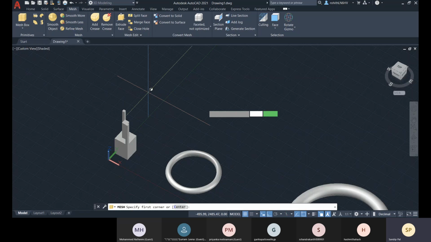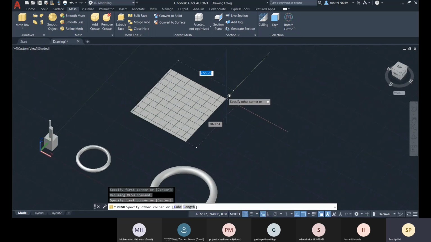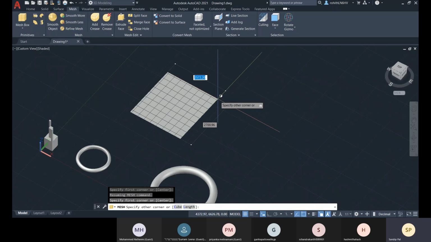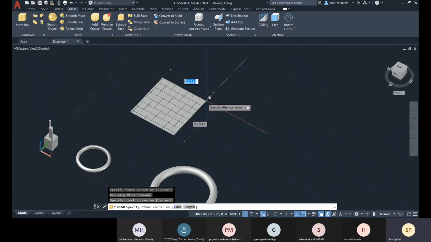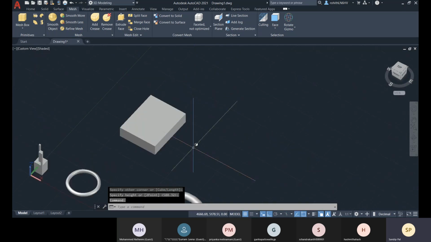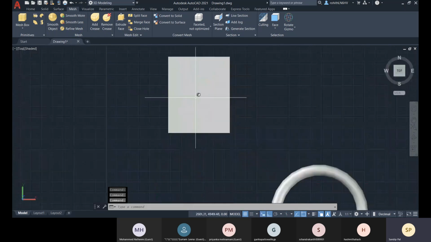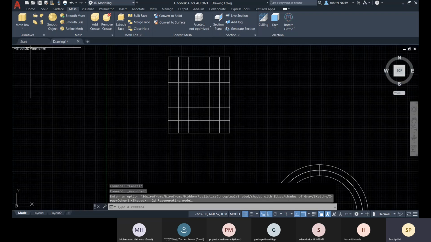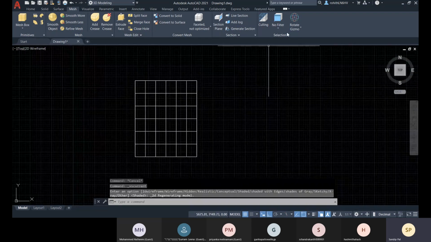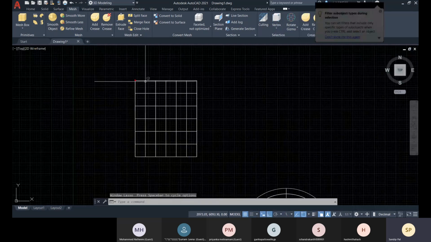For that, let me go with a mesh box. Let me first create one simple object here. Okay, so that is a simple box, you can see, right? And if I go for top and 2D wireframe, there you can see, right? Now let me select this vertex.